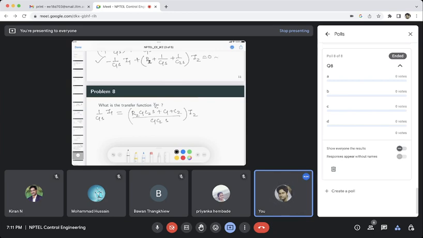From this expression I am getting this, so I1 equals, dividing by C1,